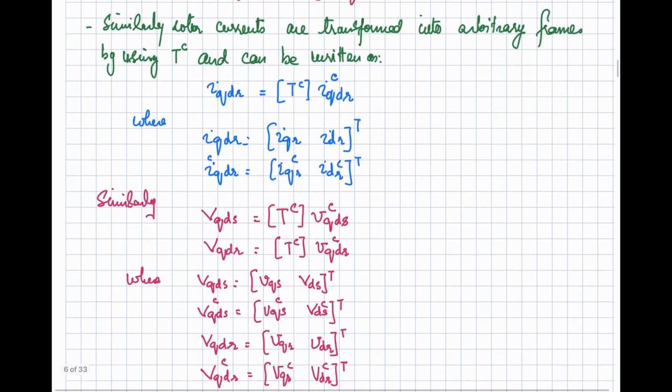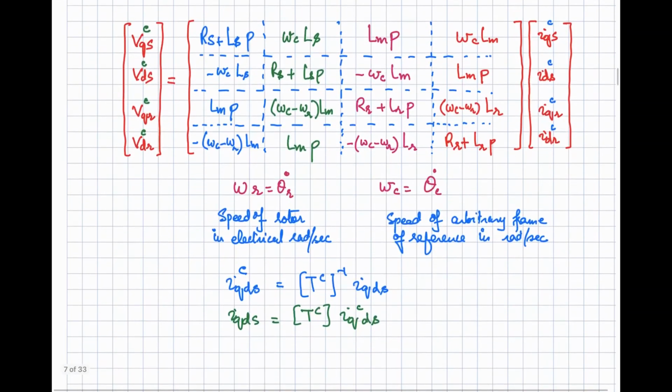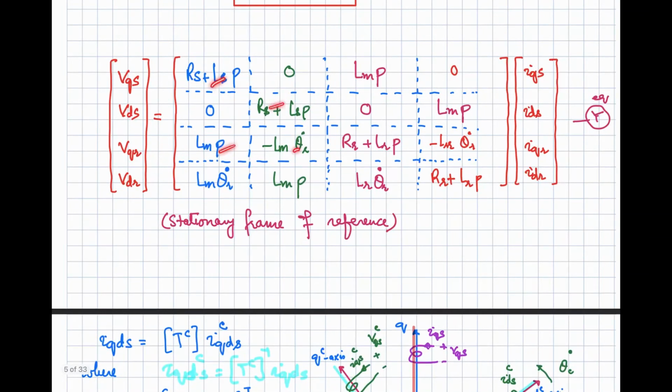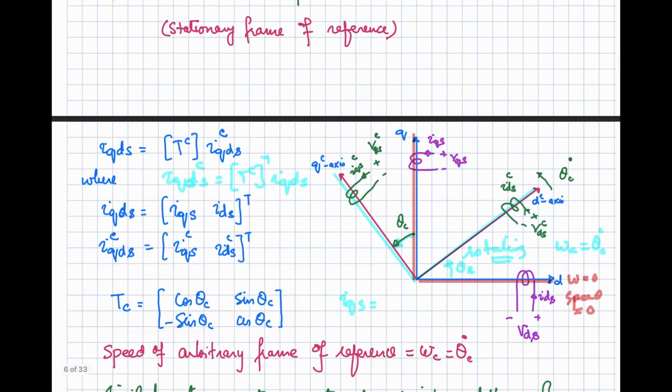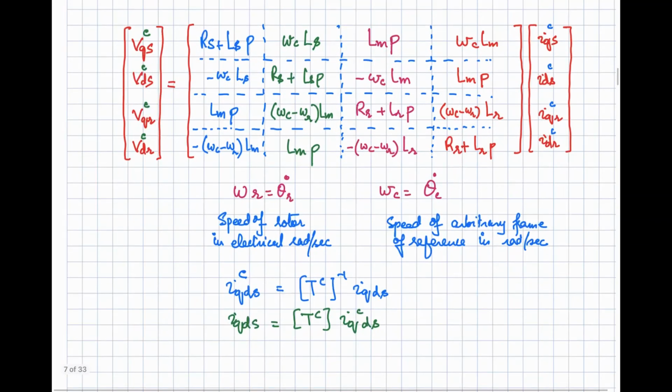Okay, so if you go back and look at this diagram, this frame of reference is rotating with the speed omega c, and over here the frame was fixed. So after translation into the rotating frame of reference, the voltage and the current equations will be related by this one. You can do the simple derivation at your own end. You can modify all of those parameters that were shown over here in the equation. So these parameters will be updated because we will have the effect of these variations reflected by this transformation matrix in this equation, right? And finally we will be getting this equation.